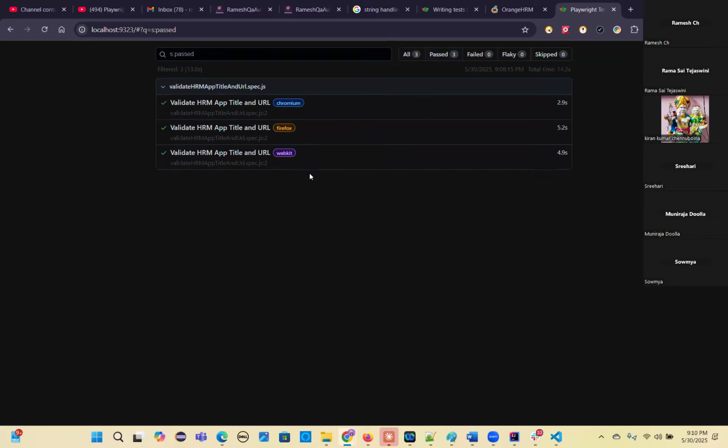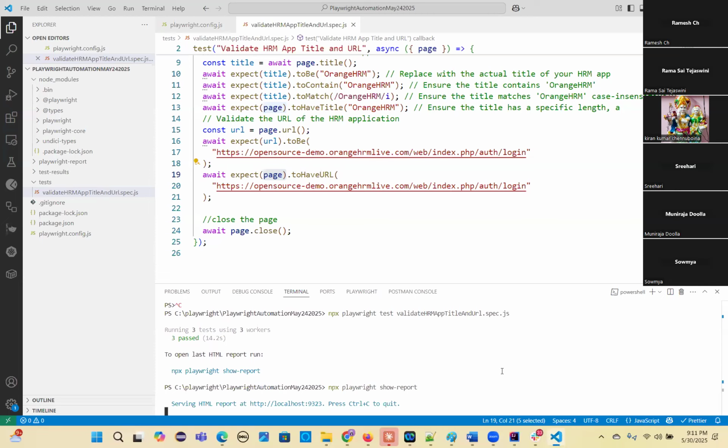Even you can run on different mobile viewports also. So you can run your test cases on browser viewports. That you can configure and run in parallel. That's the advantage. Basically you can do cross-browser testing. And we can run even the Chrome browser. Chromium is different from the Chrome browser, and Microsoft Edge is different. Those browsers also you can configure in the playwright.config.js file, and you can run all the browsers. Let me show you how to run in different